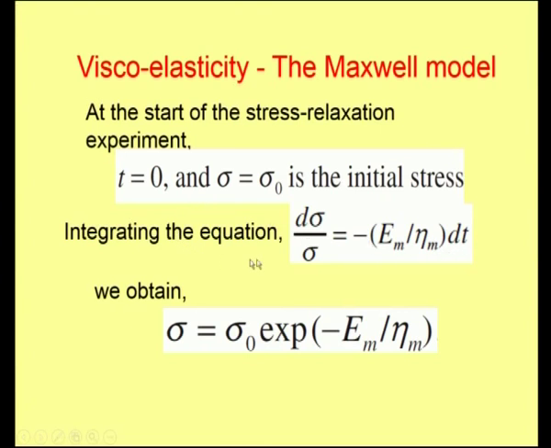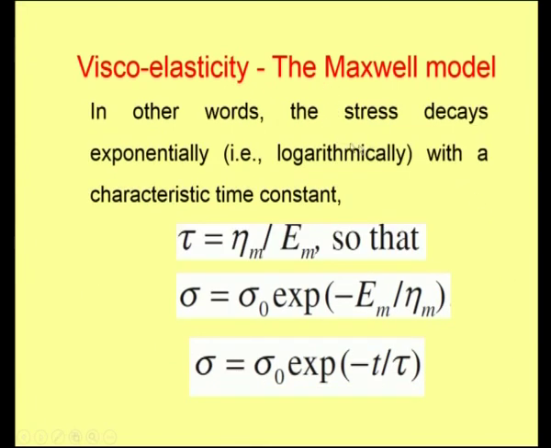If we perform this integration, we obtain the expression for stress at any point of time as the initial stress into e to the power minus Em by ηm times t. In other words, the stress decays exponentially